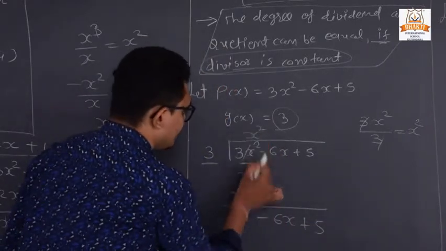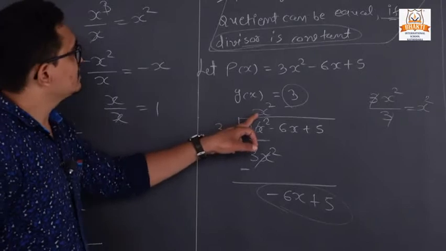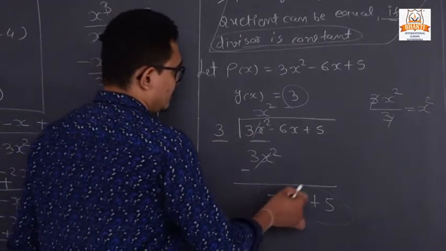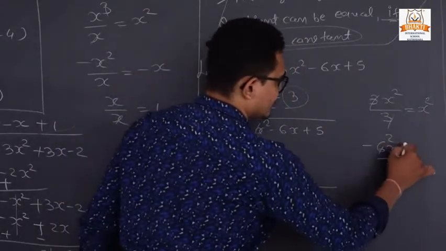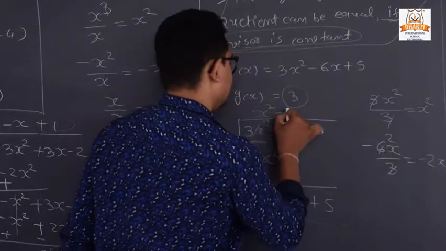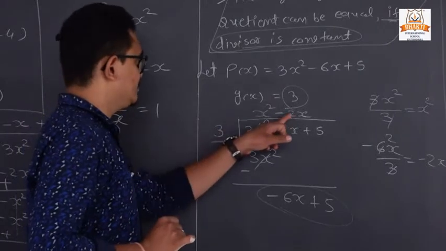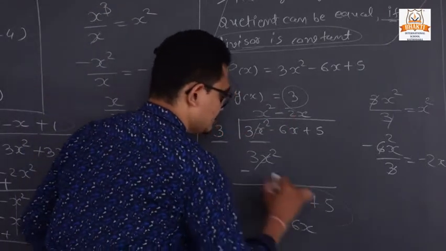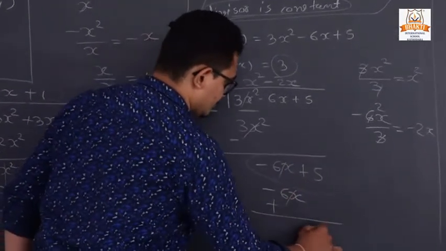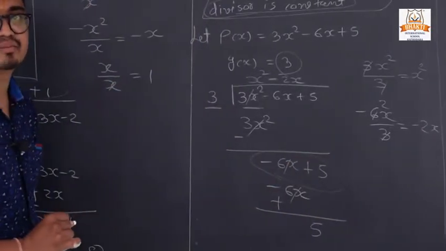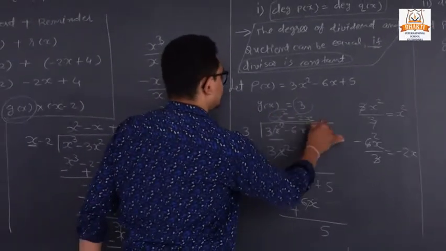So see here, it is our remainder because we cannot divide further right now. Clear? But if we see here, once again we can divide with 3. So 3 2s are 6, so we can get minus 2x. So here we can write minus 2x. Now minus 2x is multiplied with 3, so 3 2s are 6x. Clear? And then plus sign. So these both are cut. So we get 5 as our remainder. Clear? So from that you can notice one thing, what?